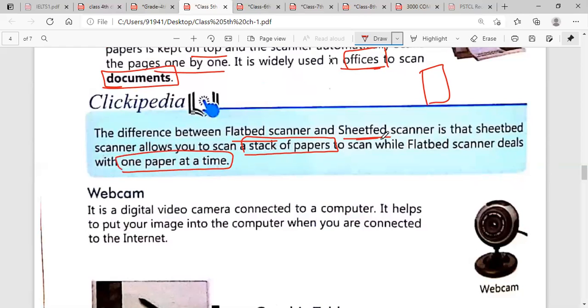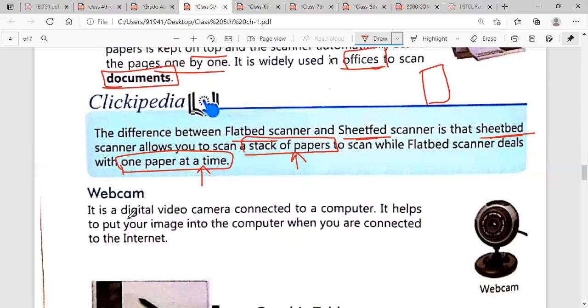In a flatbed you can only scan one paper at a time, so you can't scan a large quantity.